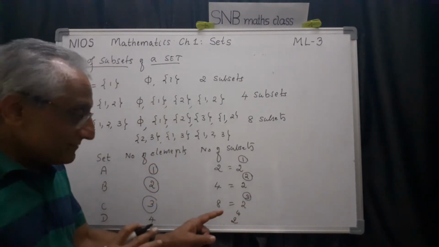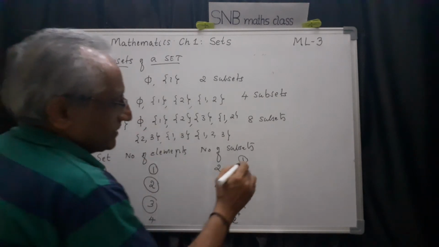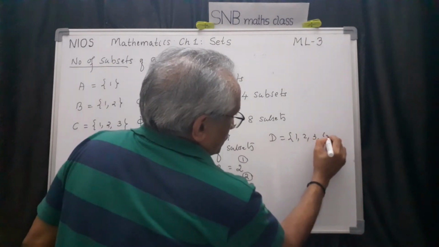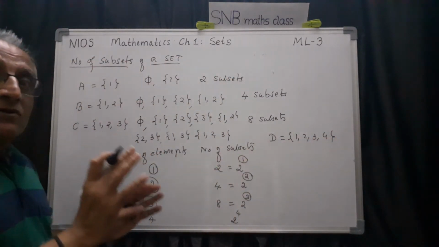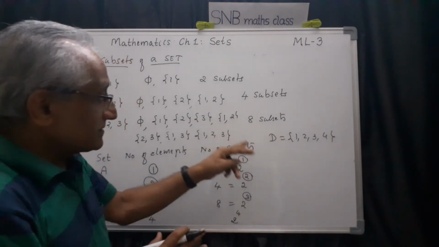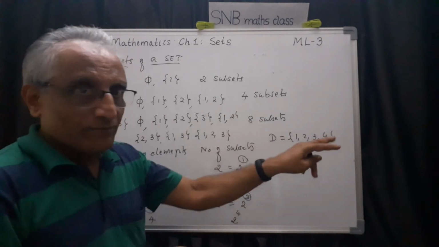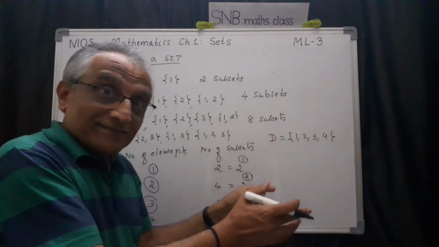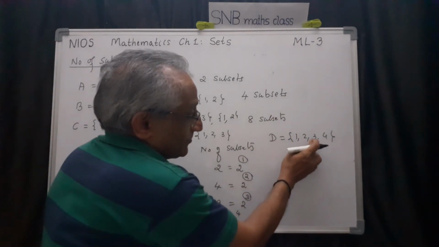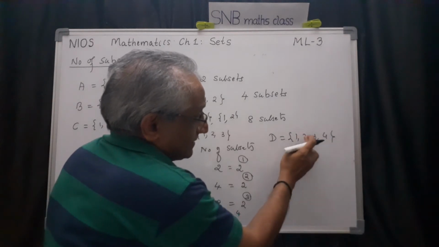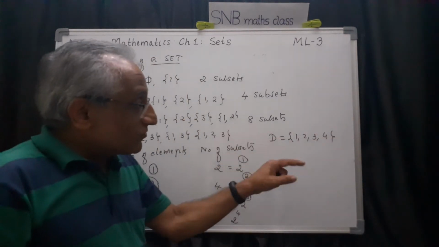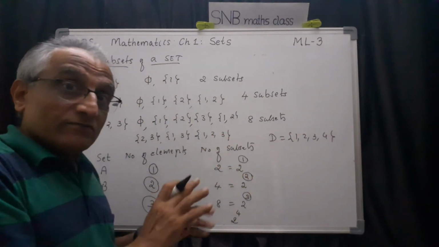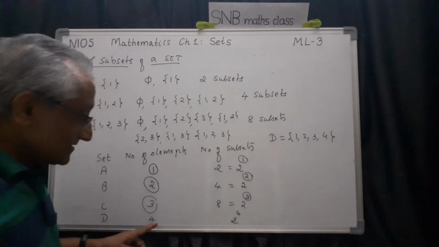You can try actually as a practice problem. Take any set. For example, D equal to {1, 2, 3, 4}. All the possible subsets you have to list. For example, singleton sets {1}, then {2}, then {3}, then {4}. That's one thing. Next one is {1, 2}, {2, 3}, like that, all possible. You should be very careful. {1, 2}, then {2, 3}, then {3, 4}. Then you can take {1, 3}, then {2, 4}. Similarly, with 3 elements {1, 2, 3}, then {2, 3, 4}, like that. Totally, when you list all of them without leaving anything, you get 16 subsets.